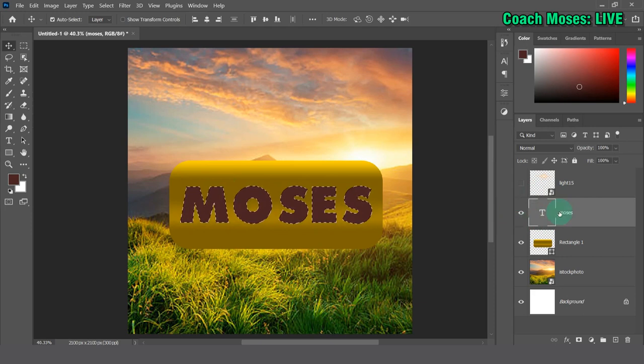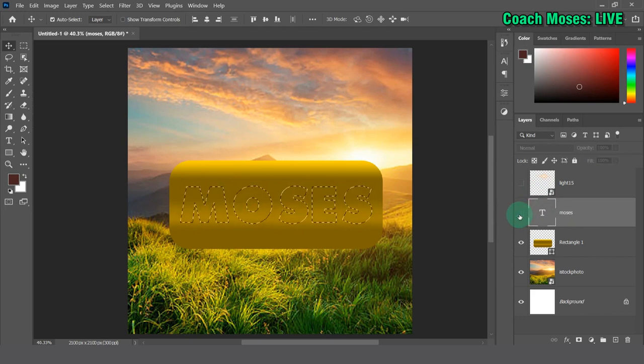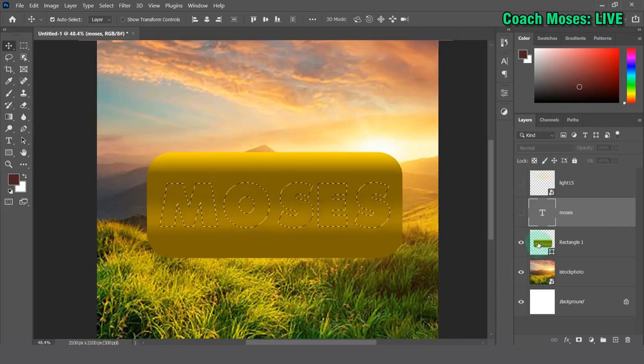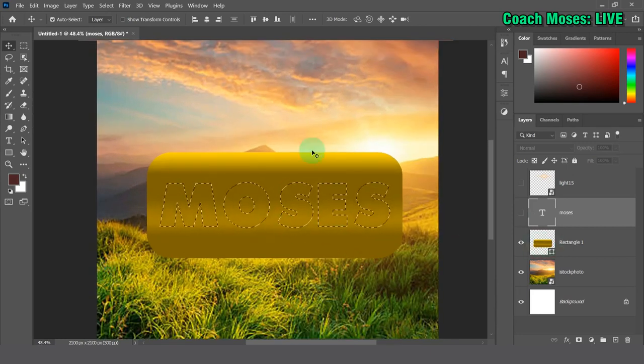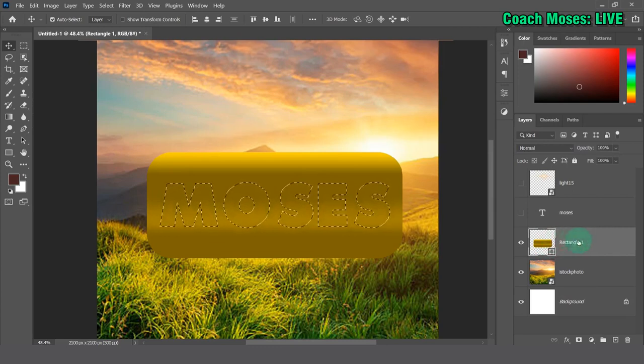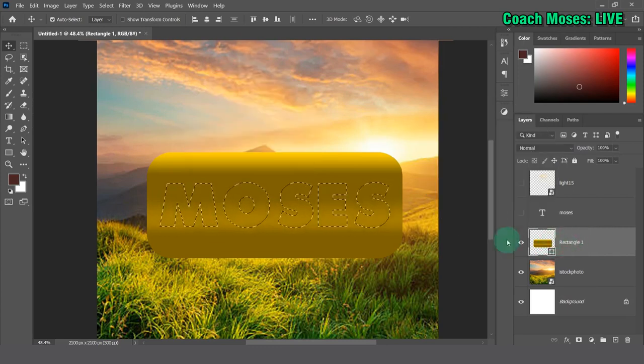I can turn off this test layer. I don't need it again. If I want, I can delete it, but let me just turn it off. Click on the eye icon to turn it off, so it's only the selection that remains. Are you seeing it? Now since I want to apply this knockout effect on this rectangle shape, I have to select it here on the layer panel. So select the layer that contains that rectangle. This is the layer. Then add a layer mask to it,